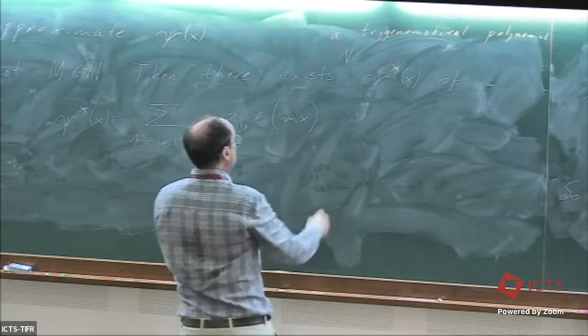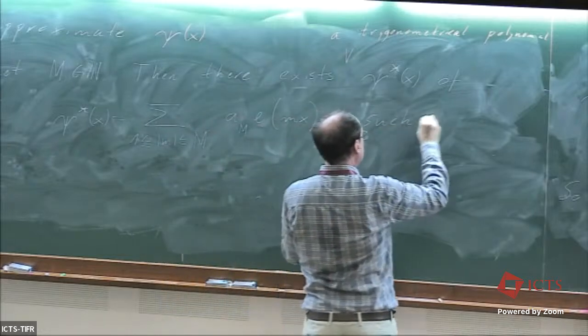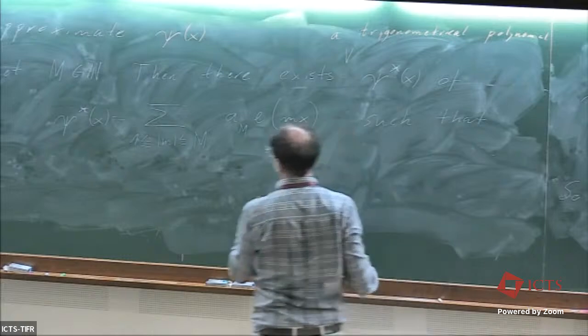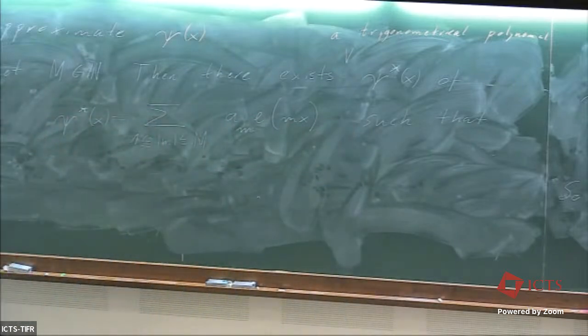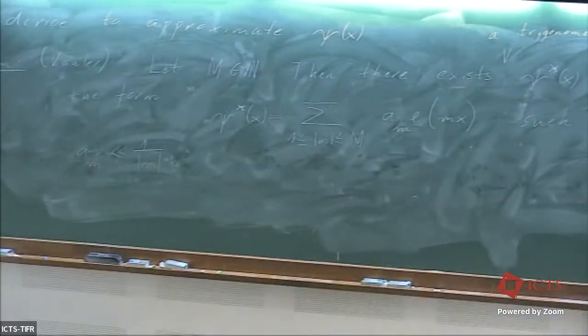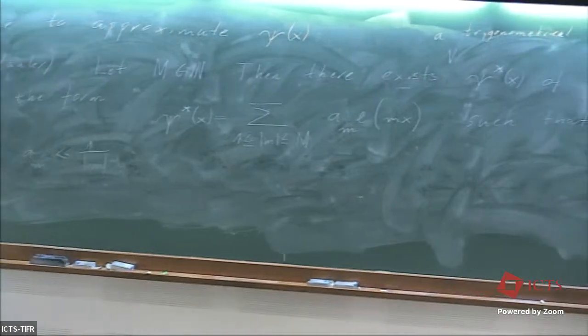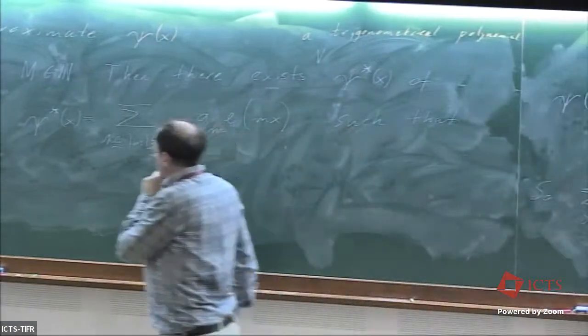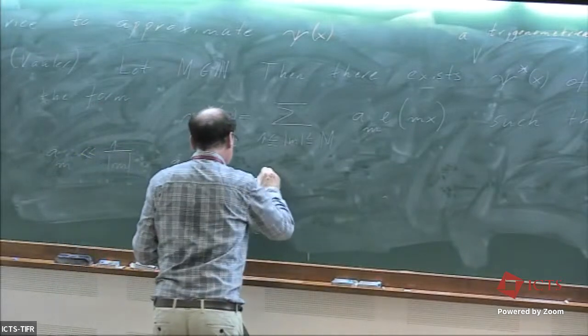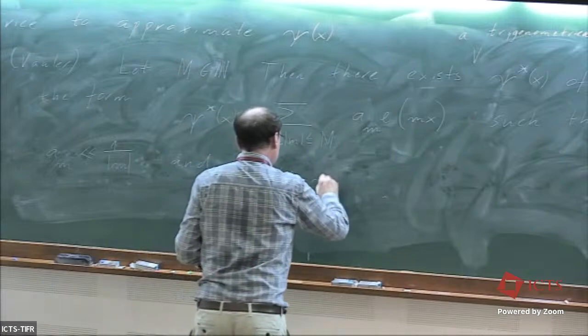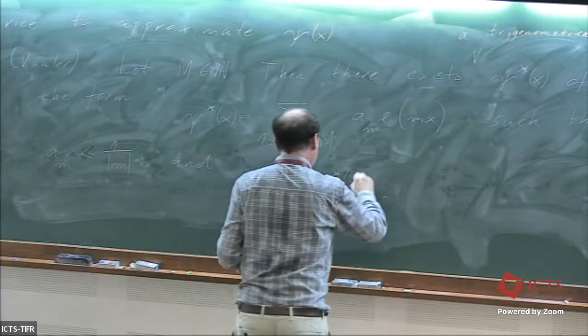Of the form such that em is bounded by 1 divided by m, so the same bound as here. So these coefficients are just inverses of the integers. And the nice thing is psi x minus psi star x